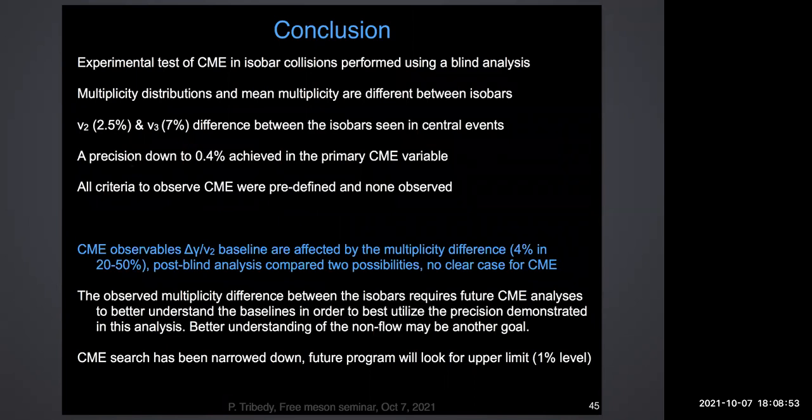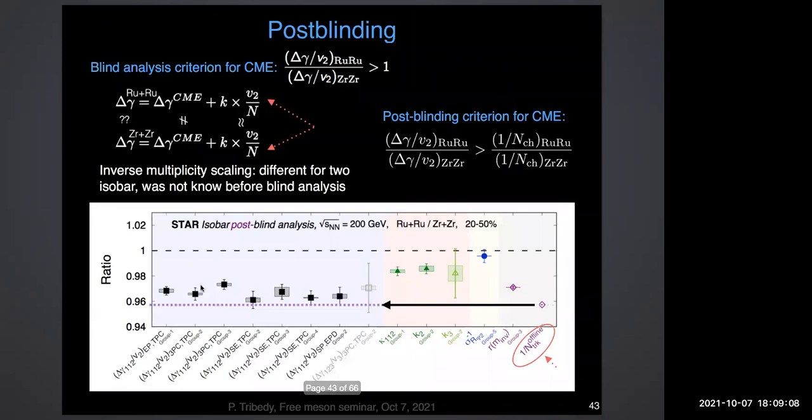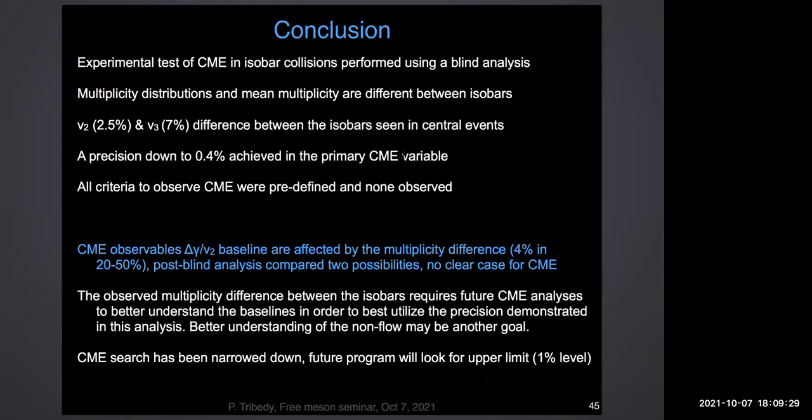I don't want to read it, but let me tell you one thing, that our original plan was to get a precision of like 0.5% when we designed and asked for the collision. We actually achieved 0.4% precision. That can be seen from this plot that I showed you: this is 1 and this is 0.98, 0.96. So you see the precision of our data is actually remarkably good, and this is 0.4%, the smallest one that we have. So that we have achieved from the experiment,